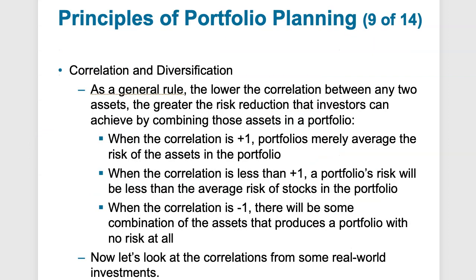So this correlation brings us closer to diversification. The lower the correlation between any two asset groups, the greater the reduction in risk. So investors are looking for the combination of assets that would give them a better correlation. You don't want a correlation too close to 1, and you don't want a correlation too close to -1. When the correlation is just 1, the average risk of the portfolio is the same. With a correlation of less than 1, the portfolio risk will be less than the average risk of stocks in